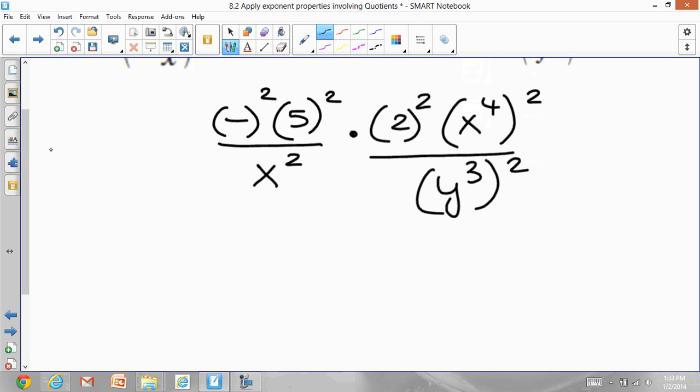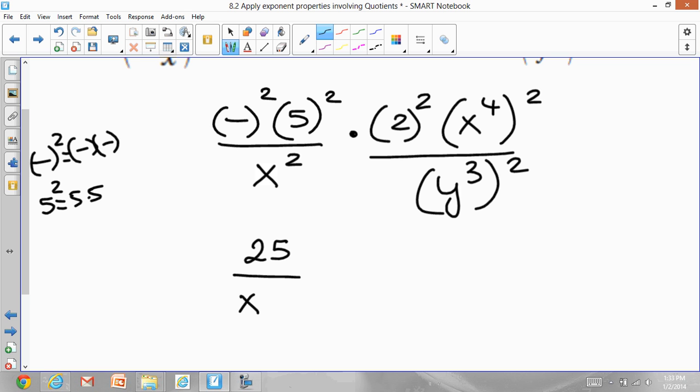Negative to the power of 2. So negative to the power of 2 is nothing but negative times negative. Negative times negative becomes positive. So this will become a positive. 5 to the power of 2 is nothing but 25. 5 squared is 5 times 5, which is 25. X squared stays the same. So the whole entire thing